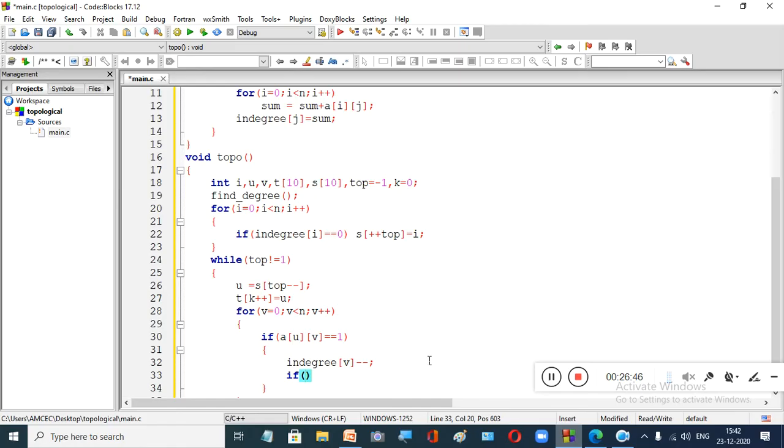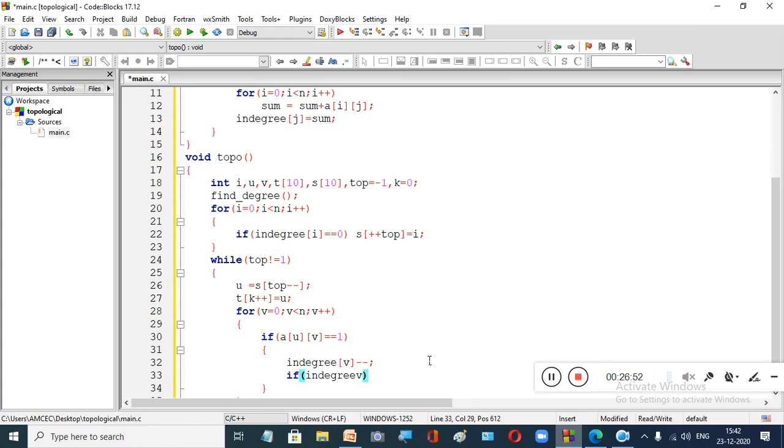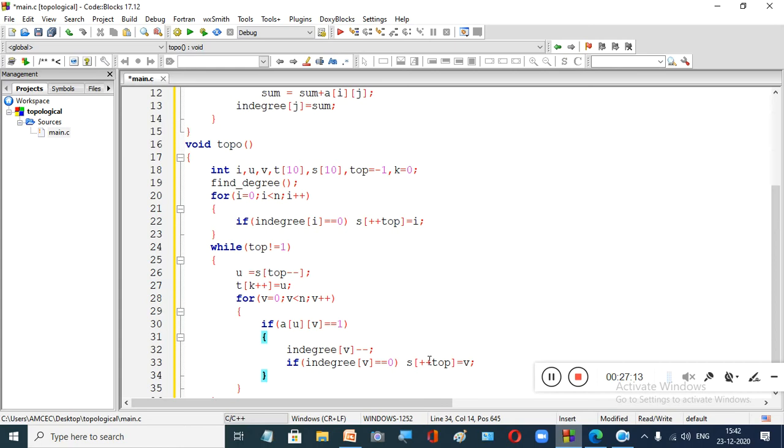Right? Now the next step, put an if condition. Now you check if in degree of V is 0, have you got again any vertex whose in degree is 0? If it is 0, what do we have to do? We have to push it into our stack. So S of plus plus top will be equal to V. Right?